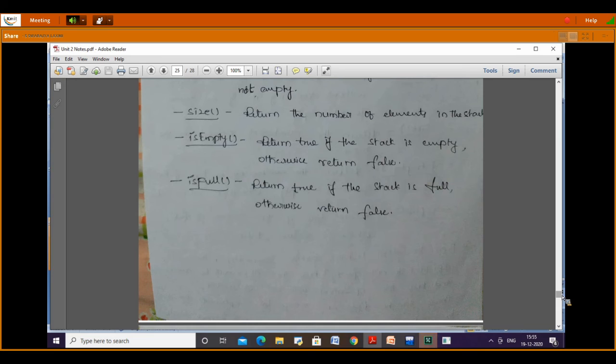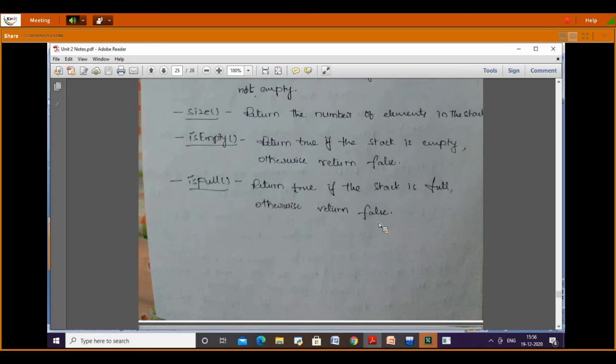Backtracking still. See, general examples you can take as applications.